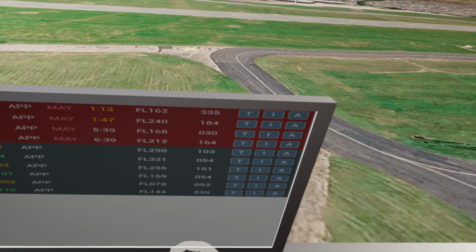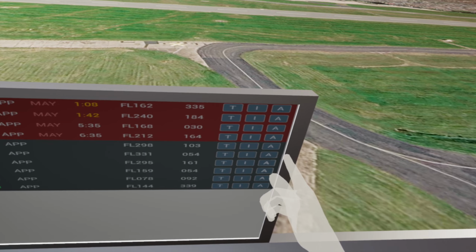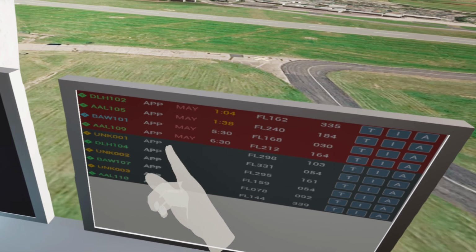This interrogates the aircraft. And then you've got A. This acknowledges the emergency. So if we look at American 109,